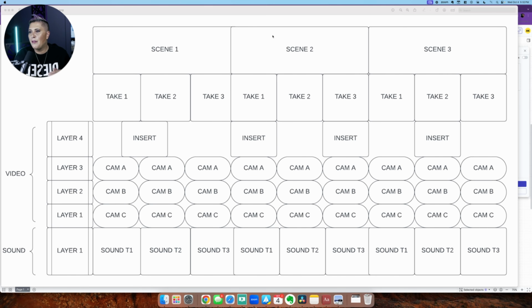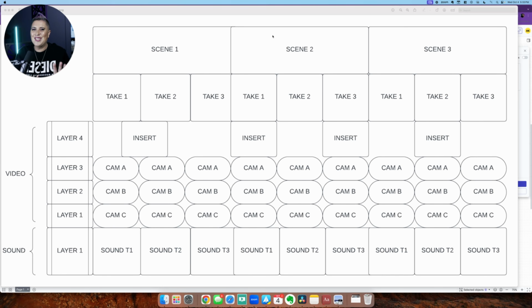So before I get into that, I want to quickly cover again the schematic for how I lay out my timeline. A lot of you have put comments on the video regarding my timeline. I want to dissect this with you so you fully understand how I approach multicam with timecode syncing, different takes, different scenes. If you go on YouTube, there's no videos on this. There's videos on doing multicam. Okay, I get it. All right, all of you can